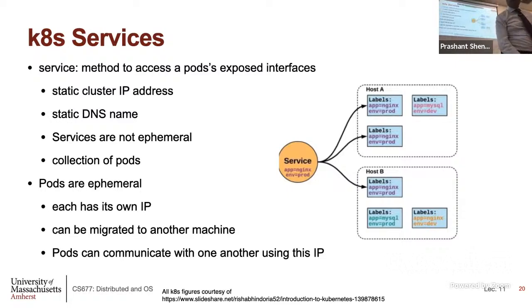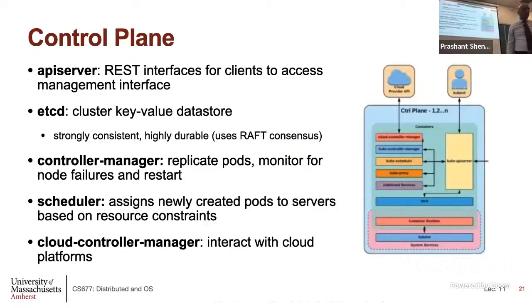Okay, I have one more slide here, then we will end quickly. This is the control plane of Kubernetes. It has many different components that are roughly similar to what Borg has. It has an API server, which exposes a web interface that Kubernetes provides. So you can talk to Kubernetes saying, create a new pod. There's a web request you can send to create a new pod. You can say terminate a pod, deploy an application. All of that is handled by this API server.